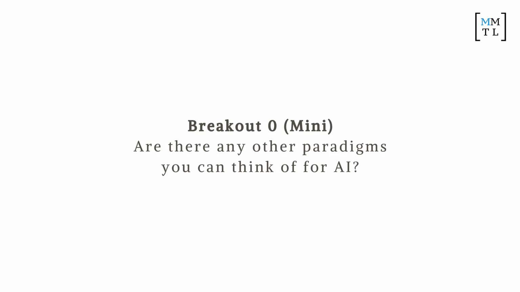So we've talked about the statistical and symbolic paradigm, as well as the generality of intelligence, right? But are there other ways that we're actually progressing on AI or going backwards, right? Because there is some really interesting research I'll show you later where if you just frame a question like this, it looks like a completely different problem. Okay, so talk within your groups for 5 to 10 minutes.